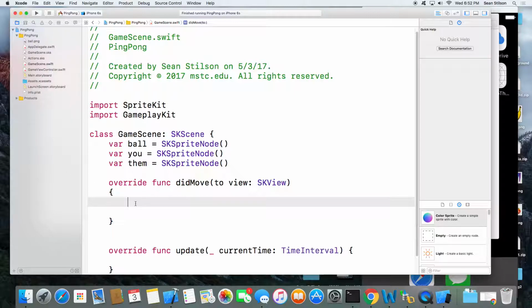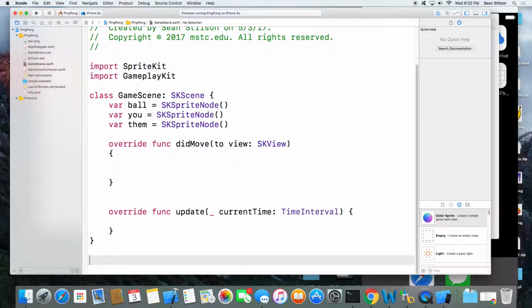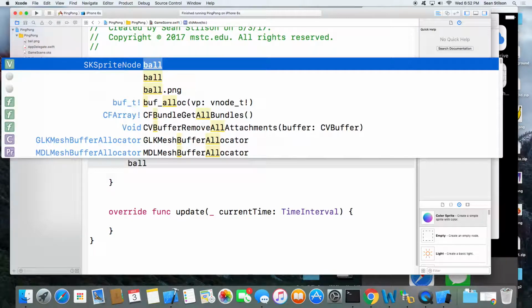Now, in didMove(to view), create some white space down here. This again is where we initialize stuff. This creates basically a blank SpriteKit node, kind of like a blank constructor for a view or anything like that. So now we actually have to load it, kind of like you would load a nib from a nib file. We need to actually load this. It's called a child node. So we'll create the ball first,